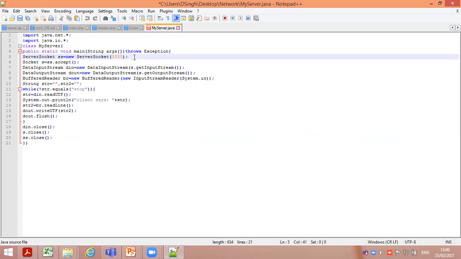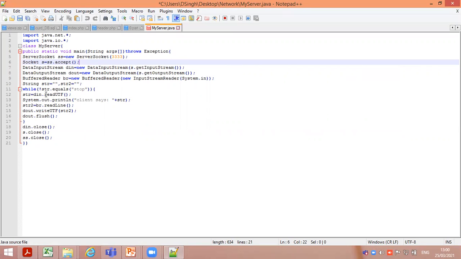After that, accept the socket with ss.accept. Then DataInputStream, DataOutputStream and BufferedReader are three types of methods used for reading data, displaying data, and capturing data. Then there are two strings, str1 and str2: str1 is from the server and str2 is from the client.